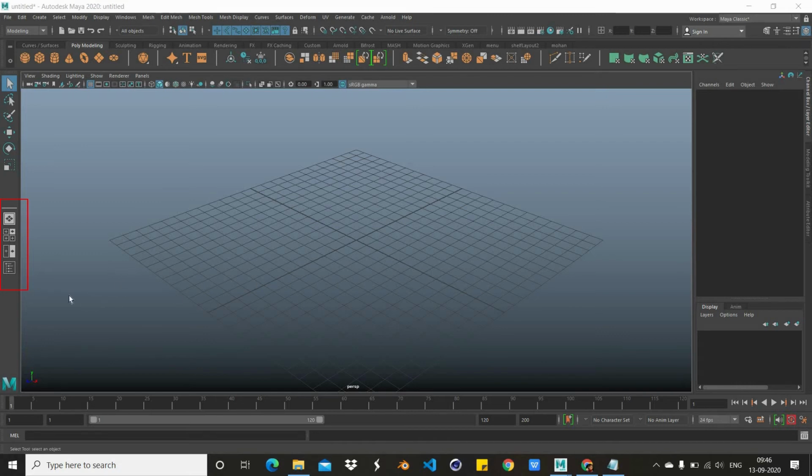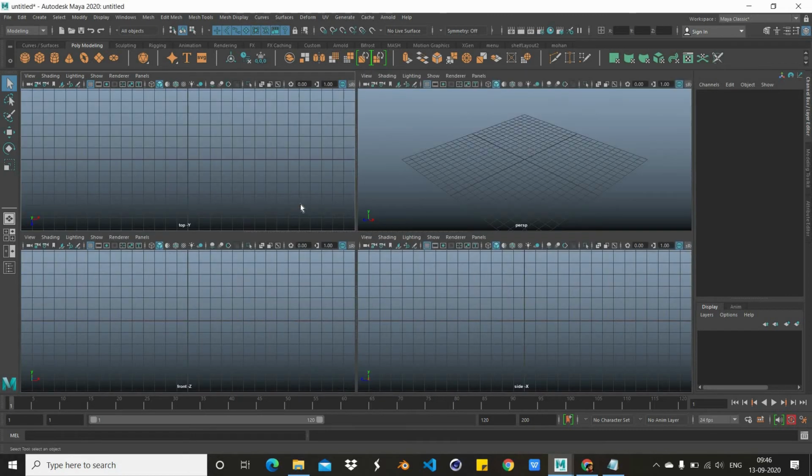The next topic is panel view. The panel layout section contains buttons that change what is displayed in Maya's main view or panel. Essentially, these buttons change the main view that is shown. This is super useful when trying to view your scene from different perspectives. This one shows a perspective view of the scene, and this one shows four viewports: top, perspective, front and side.